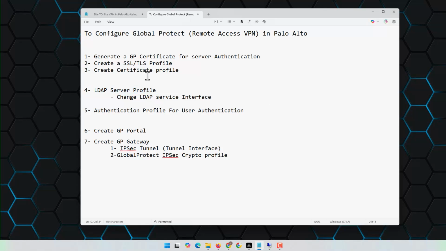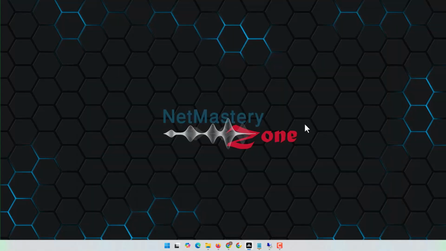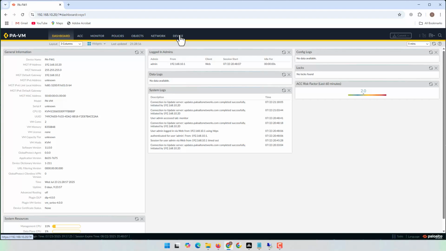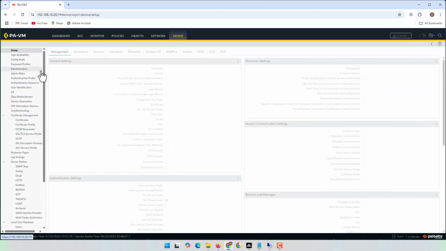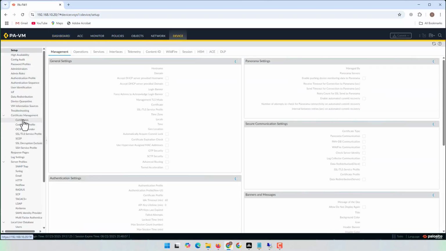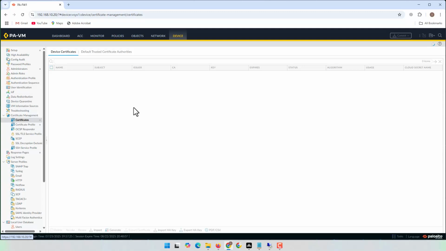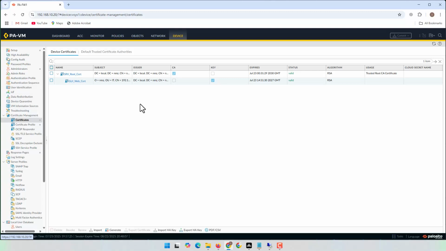Okay, let's start our configuration by generating a GlobalProtect certificate for our server authentication. For creating a certificate, first we need to go to the device, and here let's go to the certificate. In the certificate, I have some certificates that I created or generated before,